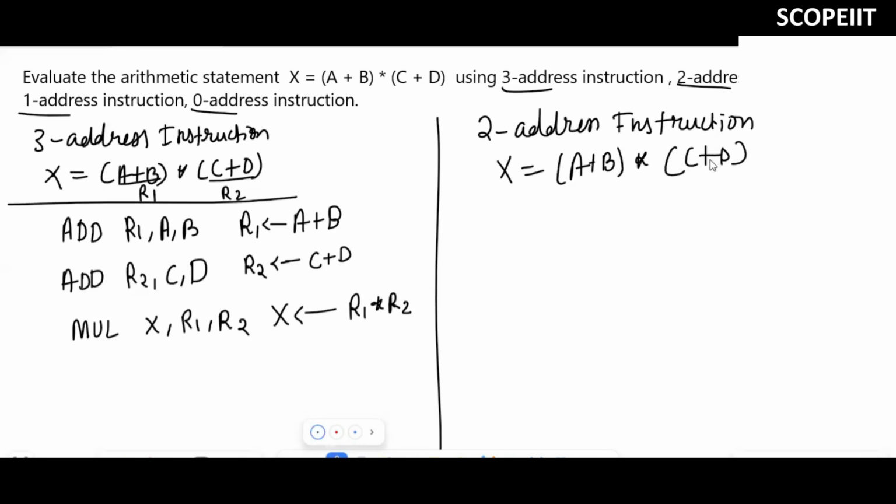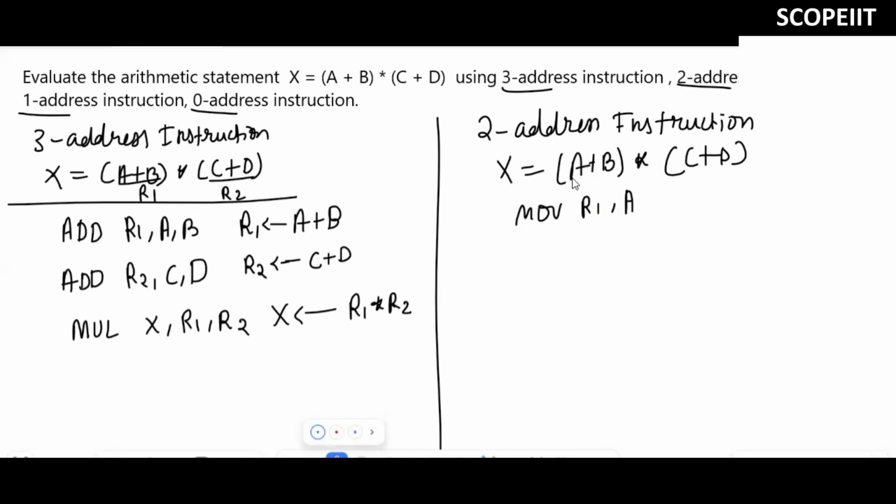Now here, what I'll do? Here actually I can perform directly, no? But for that I need to move it, right? So here I'll write move R1 comma A. Or even you can move B also, that is also fine. So move R1 comma B. Otherwise, if you want A also is fine. Don't think like A is not possible. I'll make it as A only, right? So move R1 comma A.